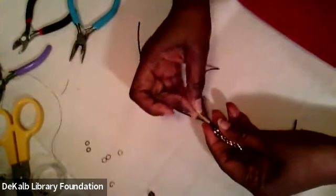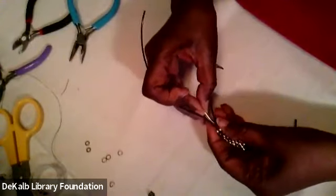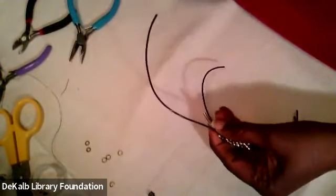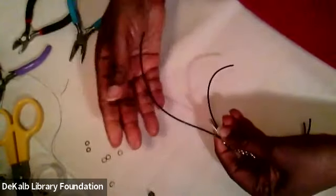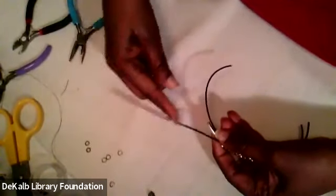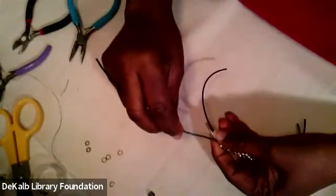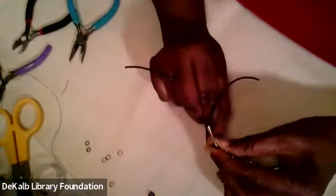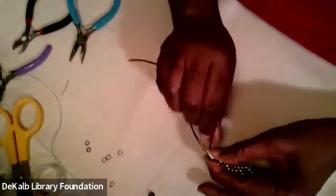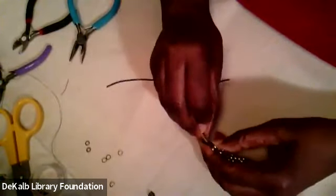So again, we're going to take our little tube, slide it in between the two pieces of cord. Take the long one. I like to keep it away from me and wrap towards me. So take that long cord that's the furthest away from me, wrap it once around my little tube here